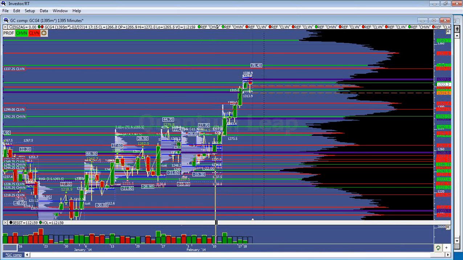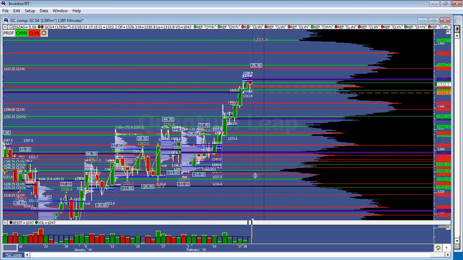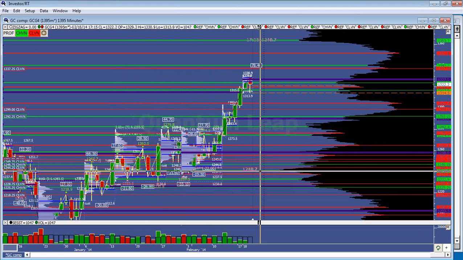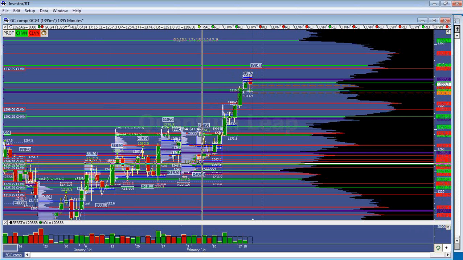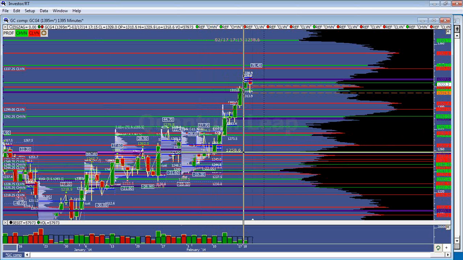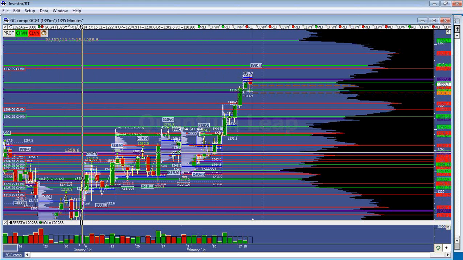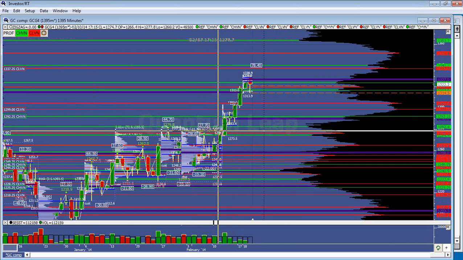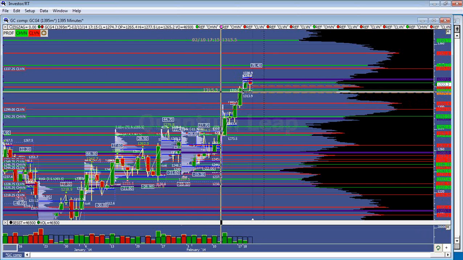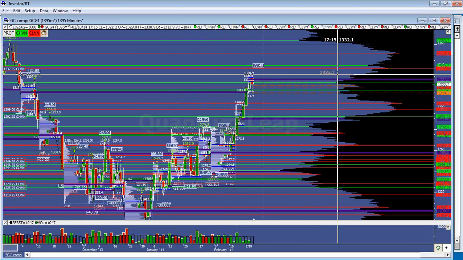You can see that this area right here, the larger microcomposite VPOC, is all the way down at that 1240.70. And if you remember, I mentioned that we kind of blew out of this balance zone. We did create value, and accepted value higher at this 1258.60 area, which is from that prior microcomposite as well. But they blew out of this pretty quickly, and they just went up and hit all our targets. The main target above, remember, was that 1315 area,